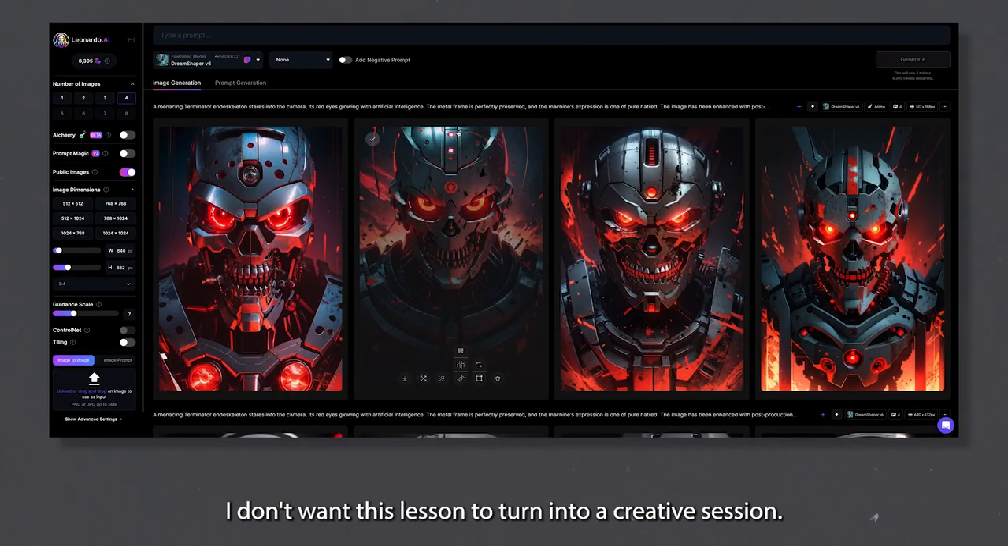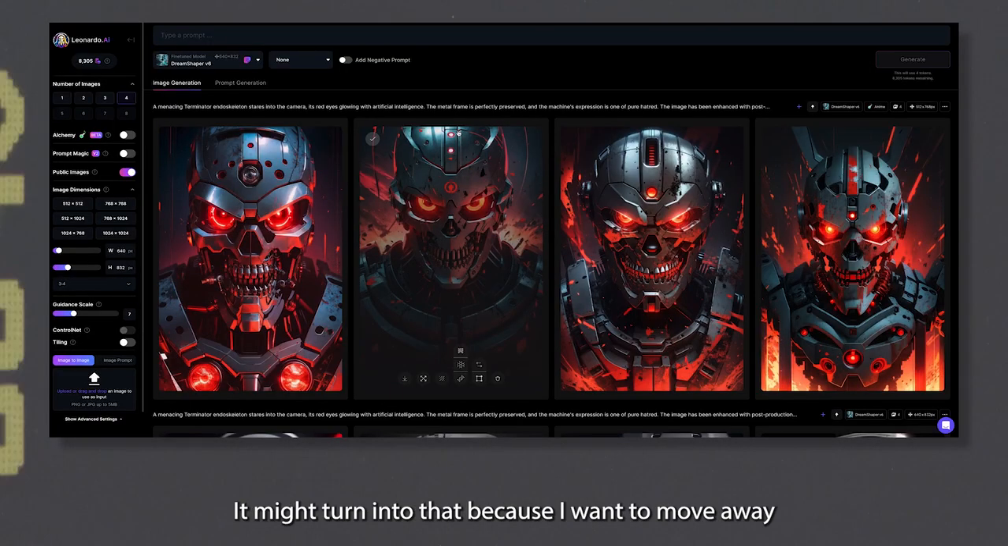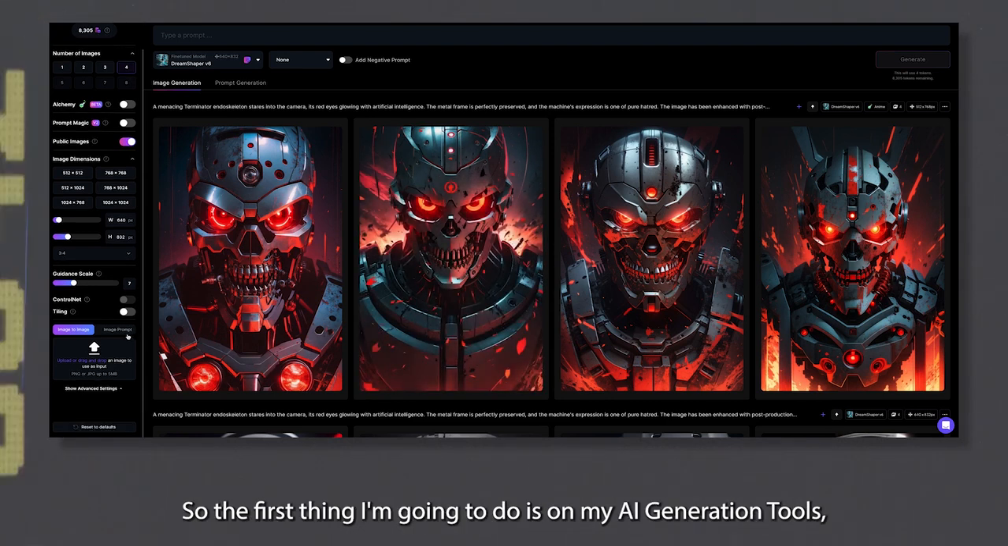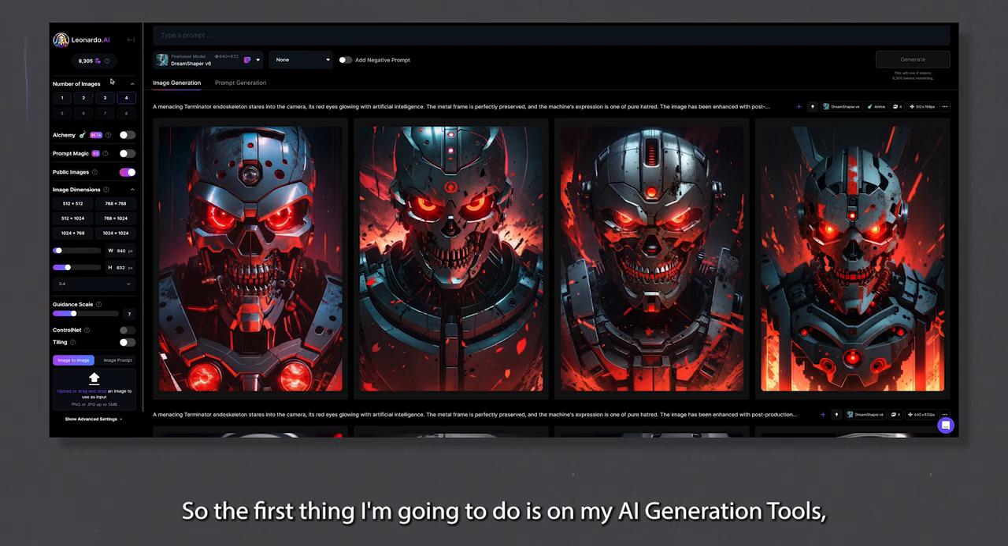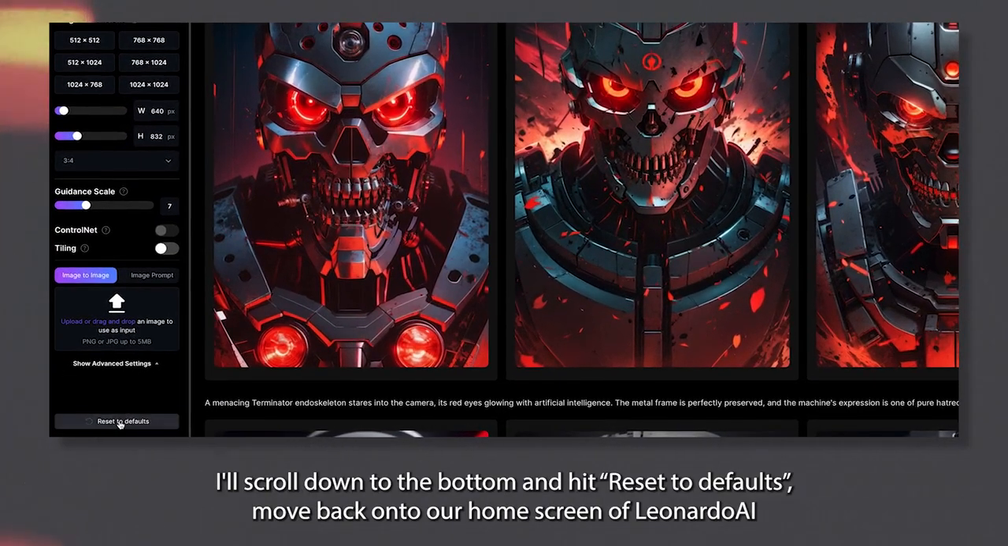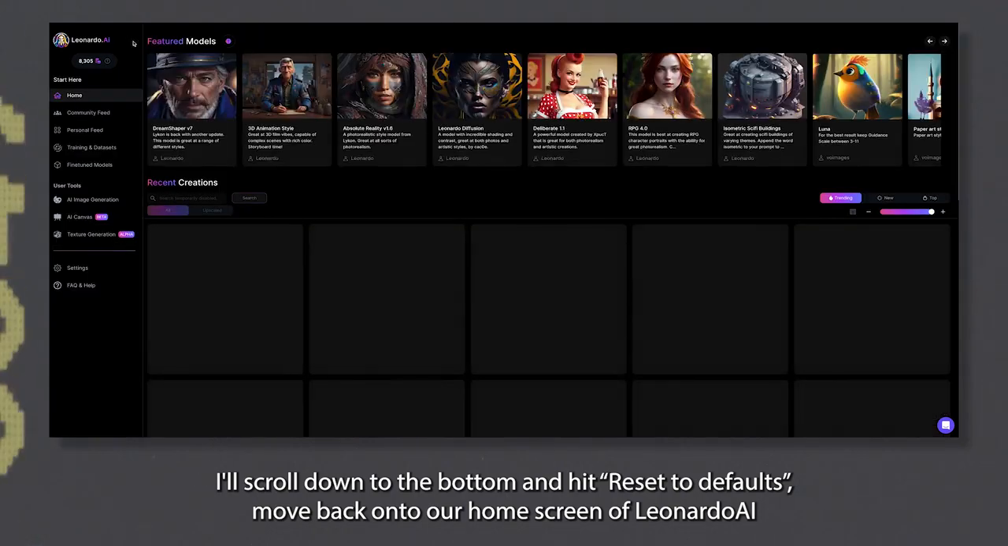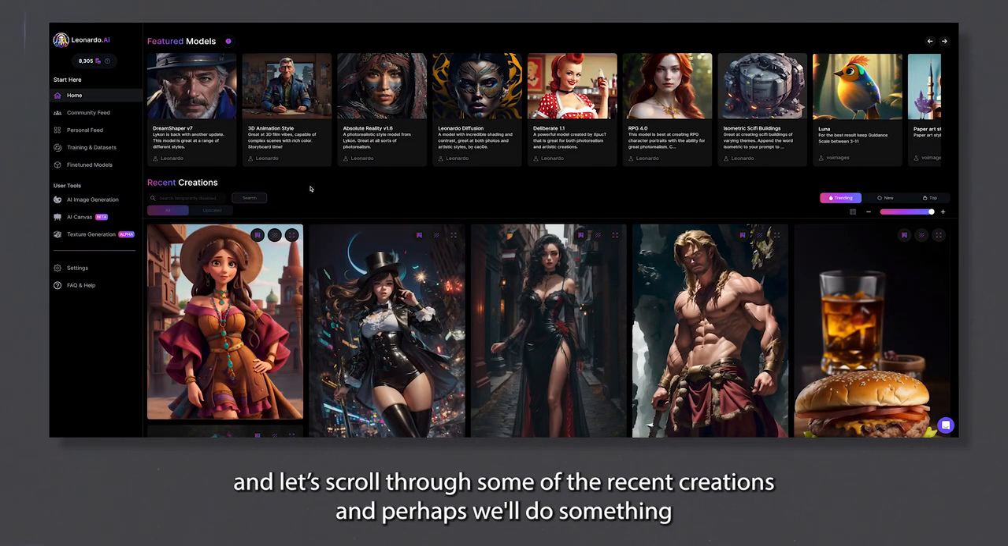I don't want this lesson to turn into a creative session. It might turn into that because I want to move away from this endoskeleton that we've currently got in our prompt, and let's go and explore a completely different model. So the first thing I'm going to do is on my AI generation tools, I'll scroll down to the bottom and hit reset to defaults, move back onto our home screen of Leonardo AI, and let's scroll through some of